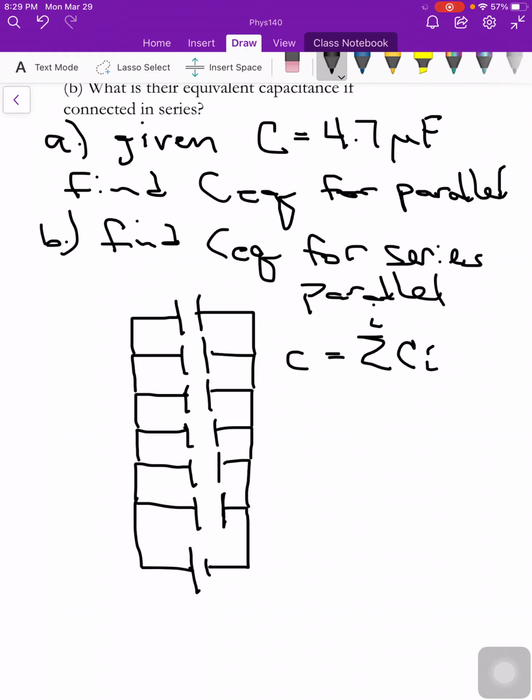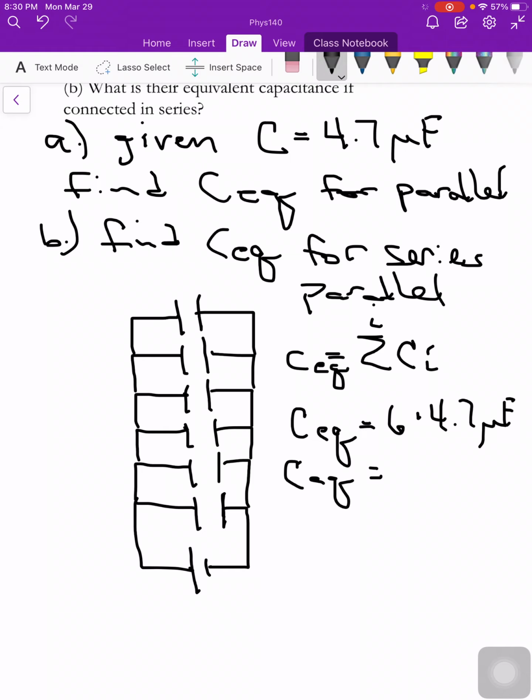And so since there's 6 and they're the same, then my CEQ is equal to 6 times 4.7 microfarads. And when I do the math, I get CEQ is equal to 28.2